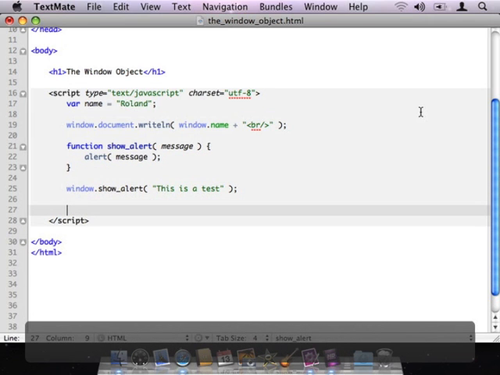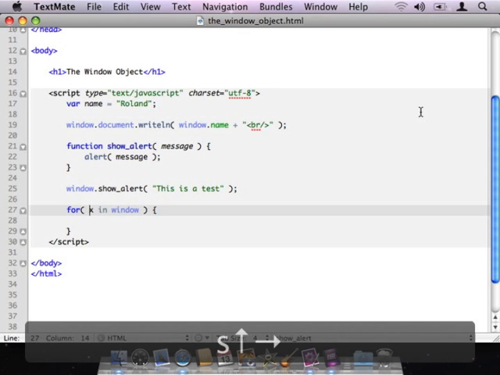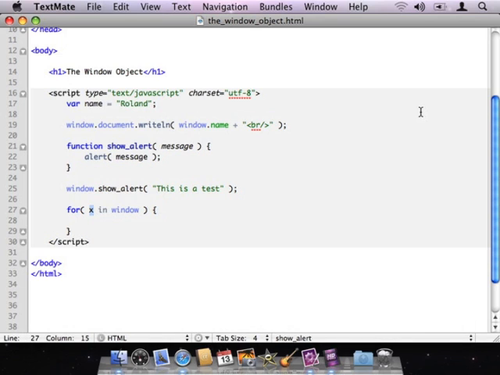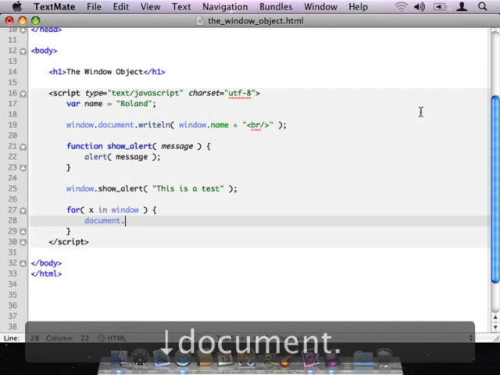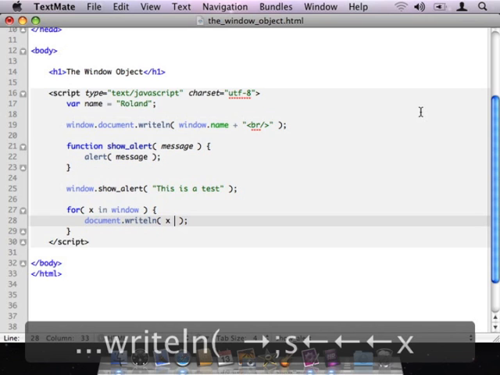You might remember from a previous cast when we were talking about the for in structure, what I could do is I could say for x in window, right? From what we talked about previously, we know that the for in structure is going to take each one of the separate attribute names that's available inside window and put it into the variable called x. So inside this loop then, if I do a document.writeLine and I print out the value